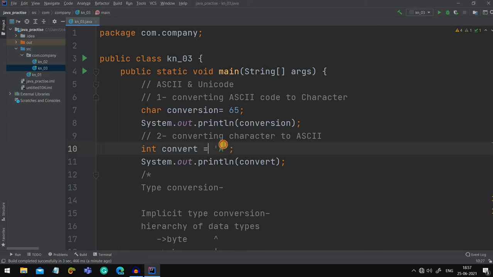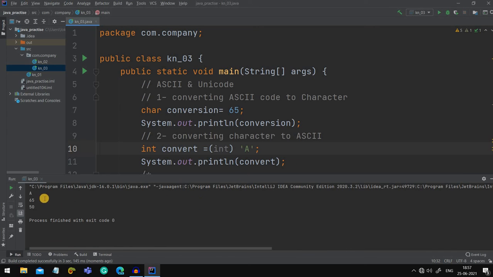See, if I write int here, and then try to run it, okay, int only, yeah. So how does it help? A is a character.